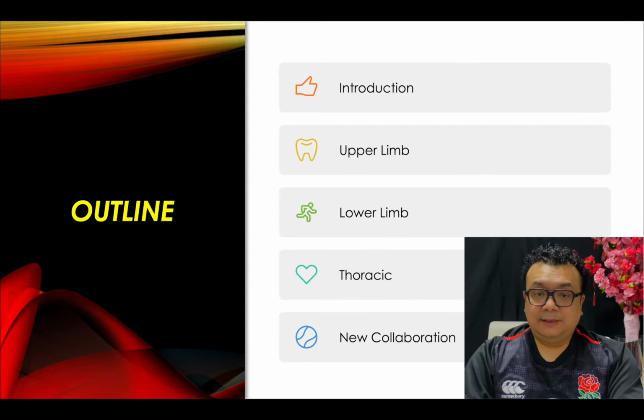So this is my outline of the presentation. First, a little bit of introduction. I divided it into upper limb, lower limb, thoracic, and a new collaboration that we did with the